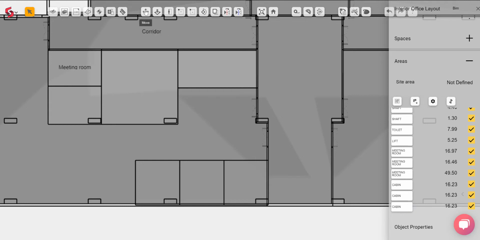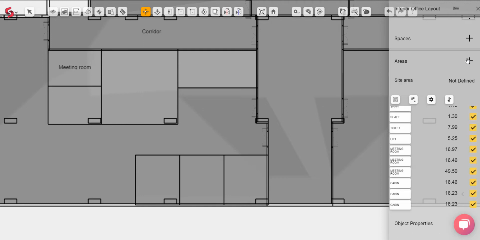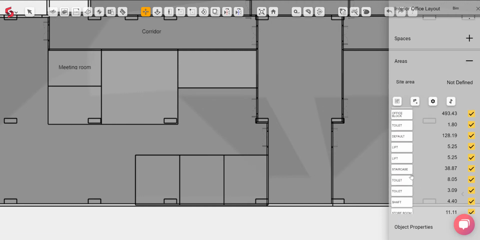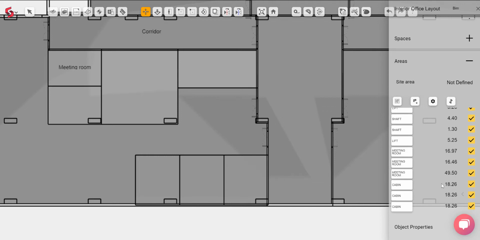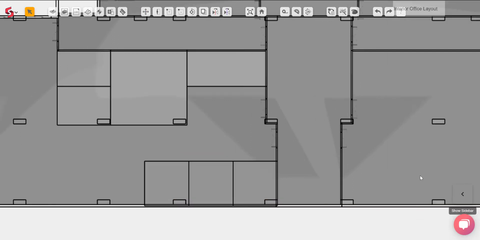And now if you go ahead and use the Move tool and you edit out either of these copies, you'll see that all the cabins also get edited out. And if you refresh the Area tab and then scroll down once again, you'll notice that all the areas have gotten updated as well. This feature is extremely helpful in planning out your spaces, as you can see the area being allotted to each space.